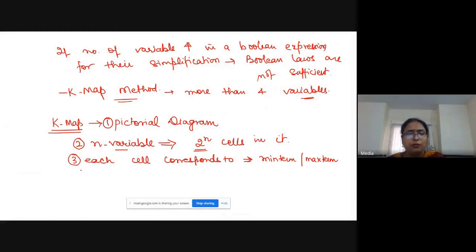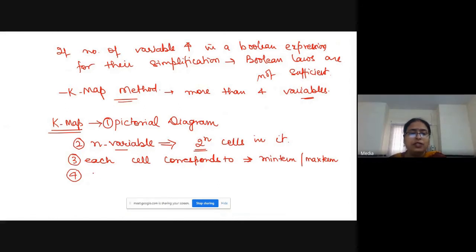Now you are very much familiar with what a min term and a max term are. A min term is the term contained in the sum of product form of the Boolean expression, and a max term is the term contained in the product of sum form. An example of a max term is A plus B plus C, and min term is A B C plus P C D, like this.